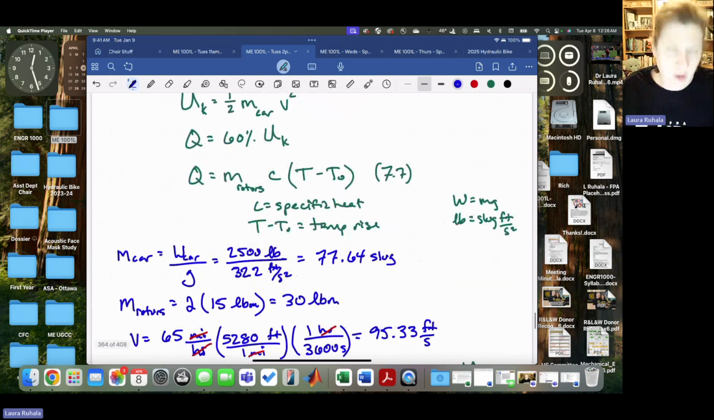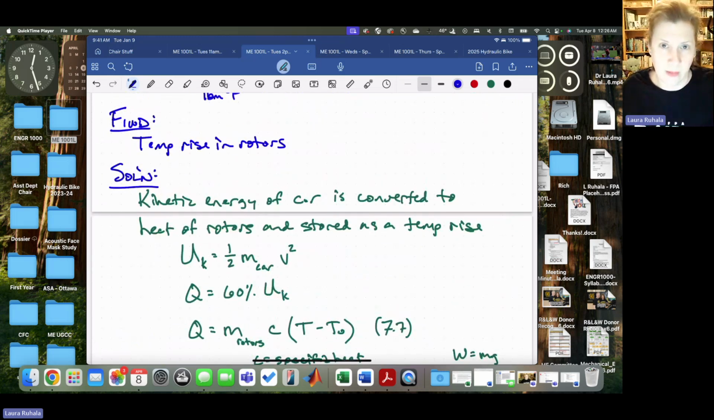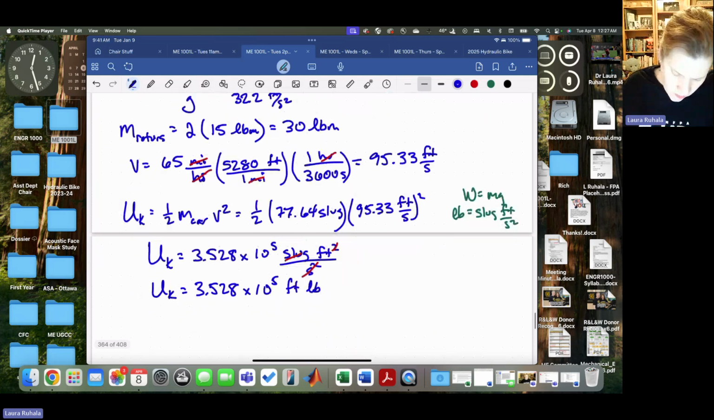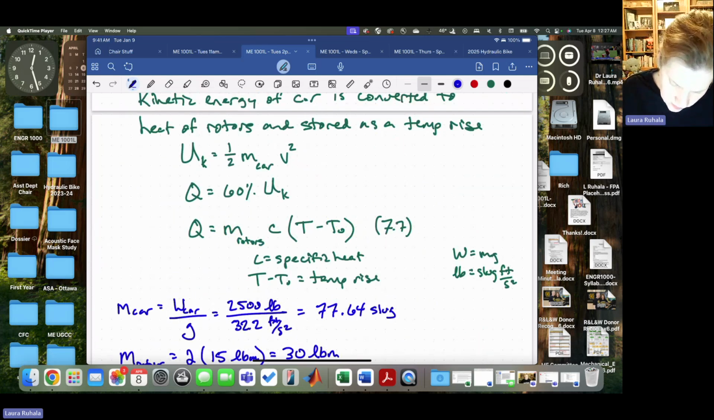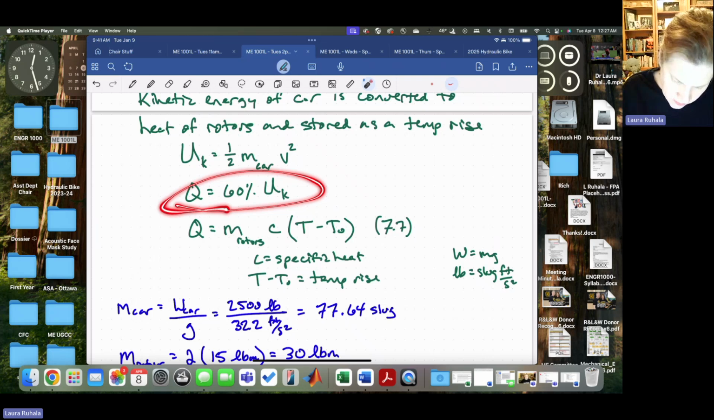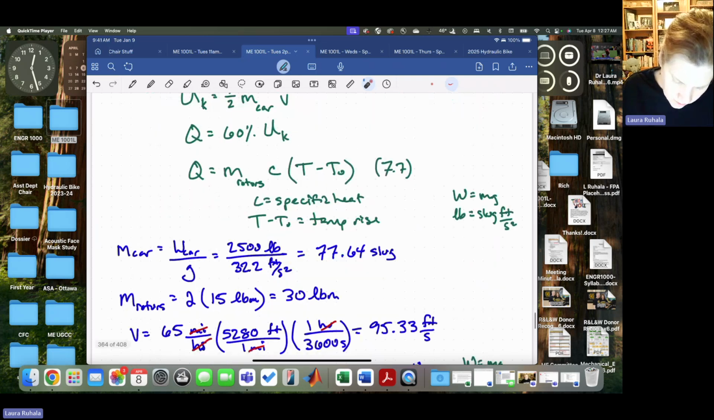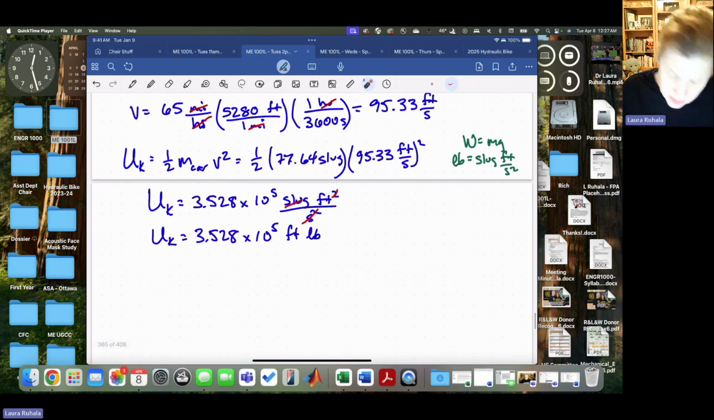Now, that's going to be converted to heat. And 60% is going to be from the front rotors. So the heat is going to be 60% of my potential energy, it's going to be kinetic energy. So the heat